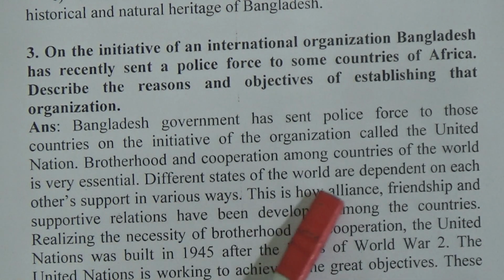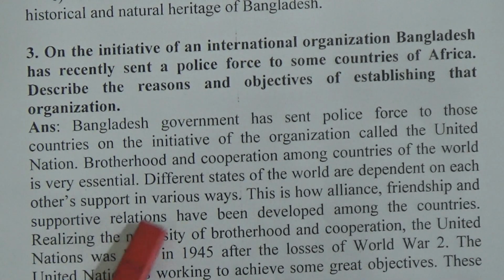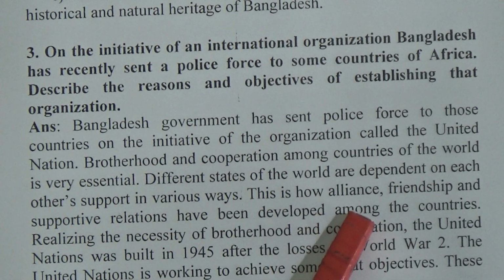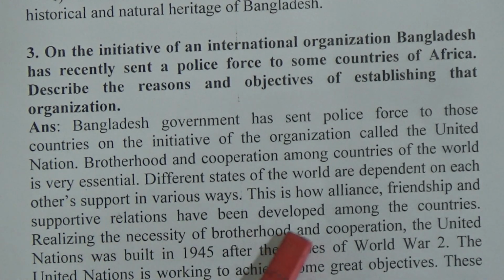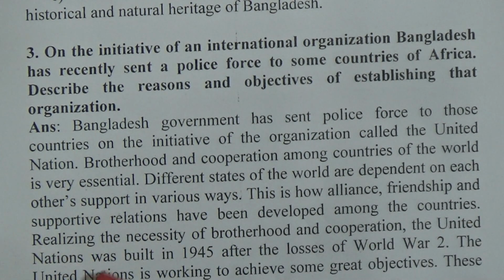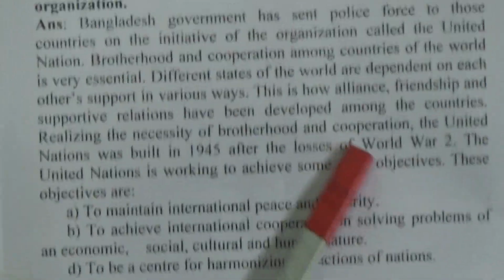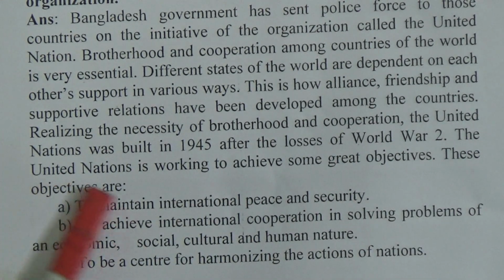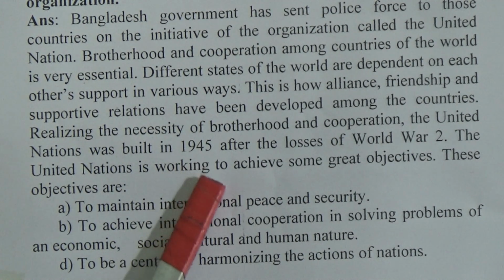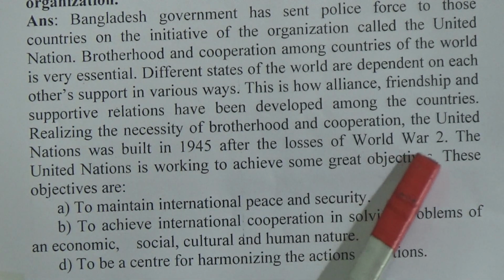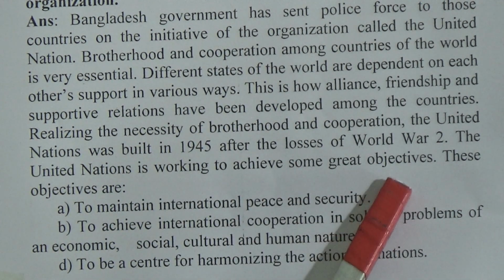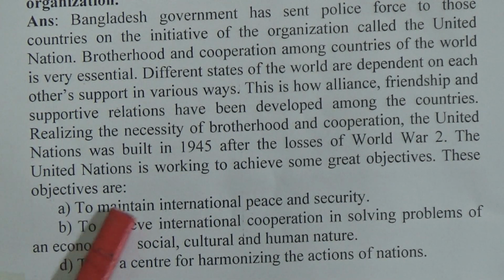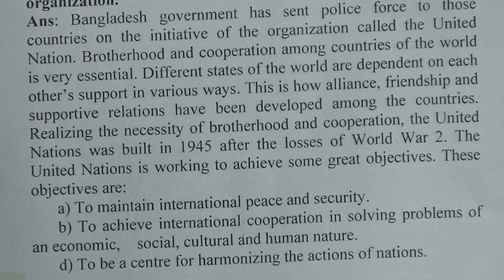Different states of the world are dependent on each other's support in various ways. This is how alliance, friendship and supportive relations have been developed among the countries. Realizing the necessity of brotherhood and cooperation, the United Nations was built in 1945 after the losses of World War II. The United Nations is working to achieve some great objectives, and now we will know about the objectives: